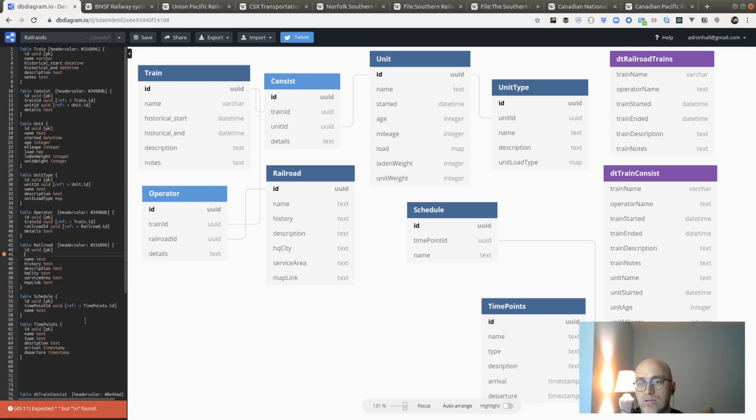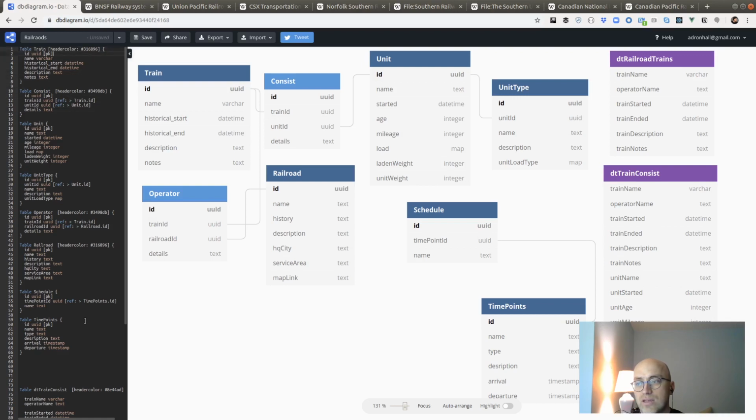Wait, before railroad, let's do this. Let's say train. A train definitely has a schedule. A train can have a schedule. A schedule can have a train. It's like one-to-one though. Oh, how do I do that? How do I make the